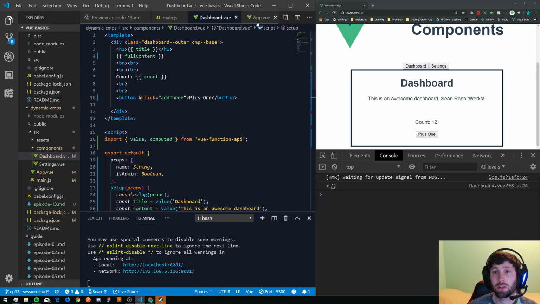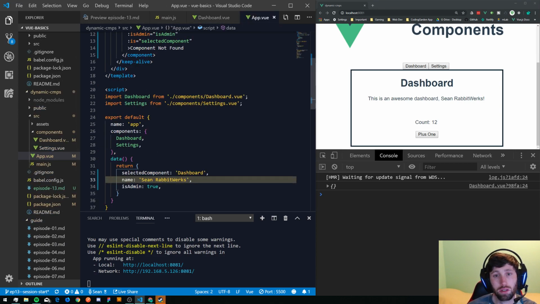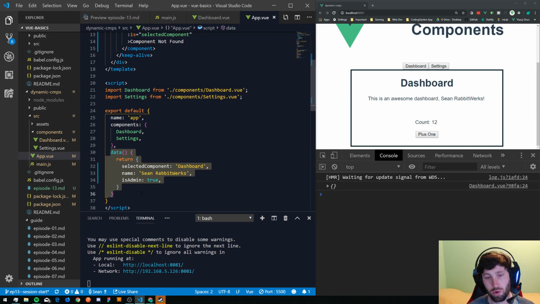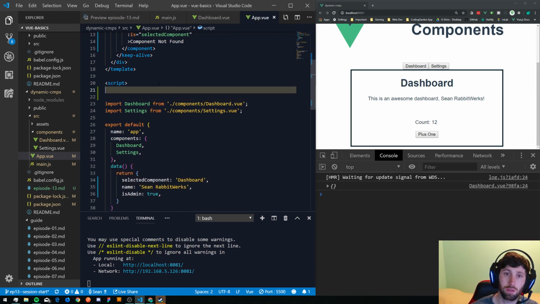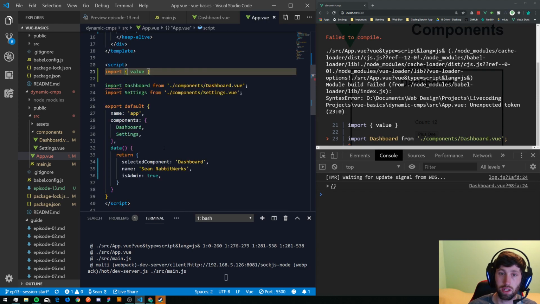So let's take a look at the app. Yeah, we're importing it, and we probably don't have to do anything if we just delete this. Okay, so let's take this out, and we're gonna swap this out for the Vue 3 as well. So import, let's make sure we bring in value right away. That's what we're gonna need. I think that's all we're gonna need, because we just have 3 data properties that we need to convert over. So value from